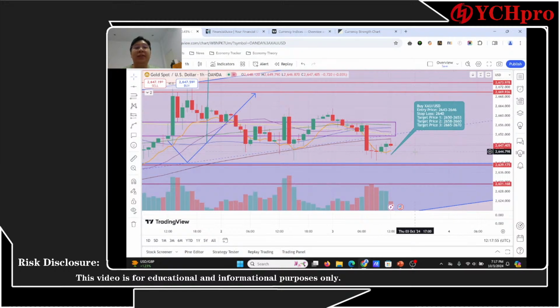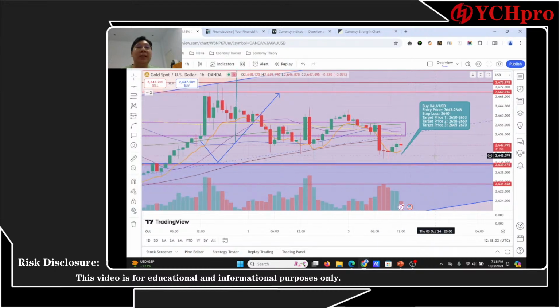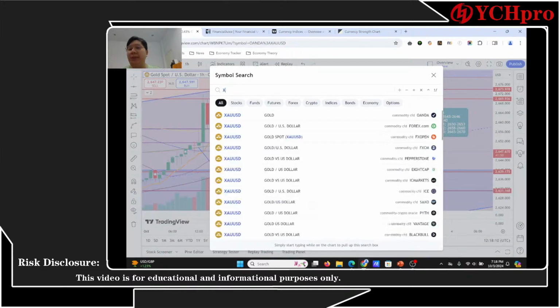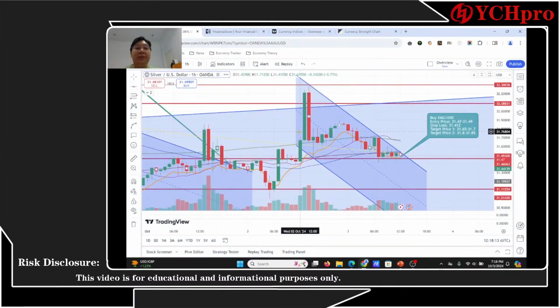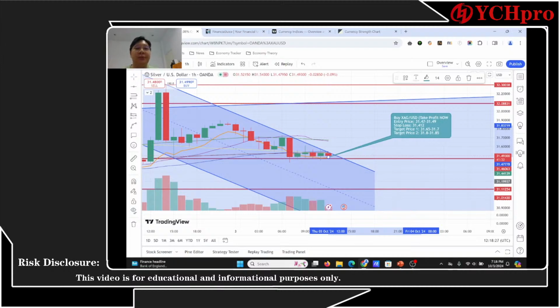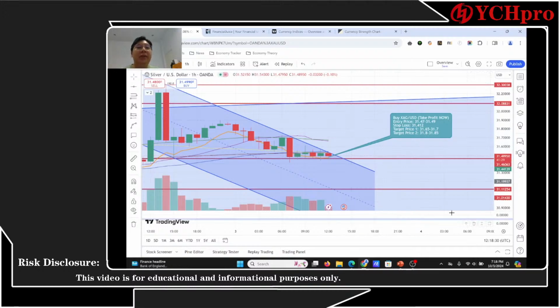As you guys could have seen, I've recommended since 2643, and I believe that most of you guys who haven't joined us from the early sessions would have been missing on this signal, because right now we are still in a profit, and we are actually already sharing silver signal as well. But right now the prices have been slowly moving back lower, so I would be suggesting that you guys who have been following us since the early sessions, you can take profit now, because I'm not seeing any good signs now. So you guys could take profit now at around this current price,